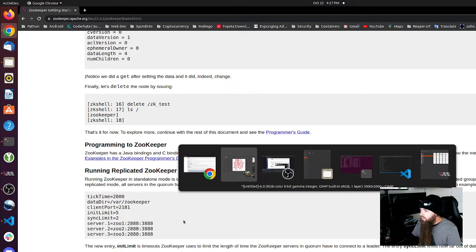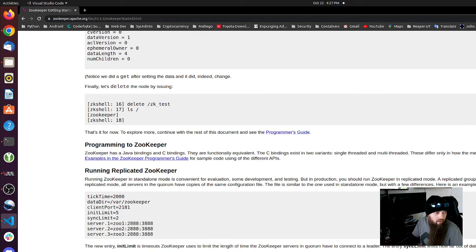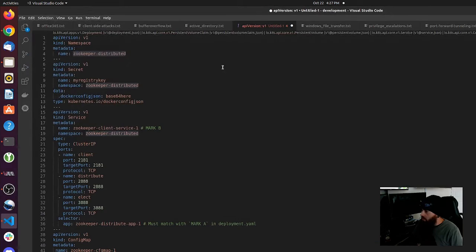Okay, so let's get over to the YAML file. I'm going to drag this file over here and open this up. If you're new to Kubernetes, don't let this confuse you. We're going to start with the basics, or at least keep this as simple as possible. Anyways, namespace. We're going to use the Zookeeper distributed namespace. You will need your secret set up so that you can pull Docker images from your registry. Obviously I'm not going to put my base64 password here, but basically it is the docker config in base64 format,